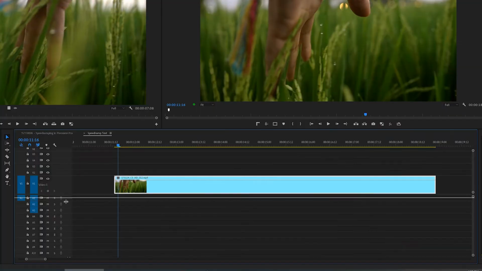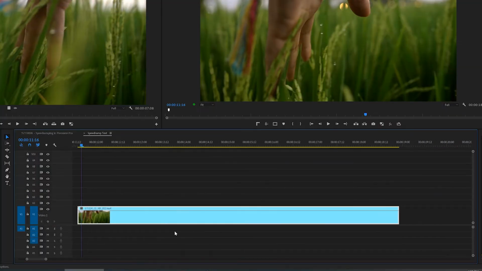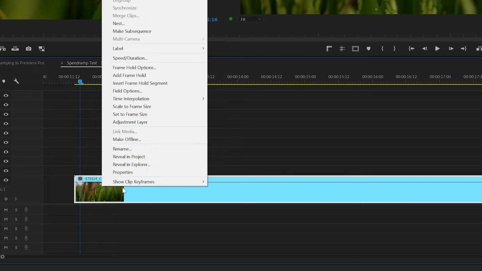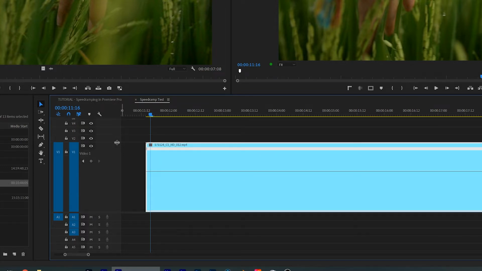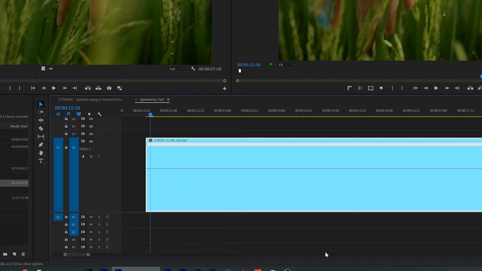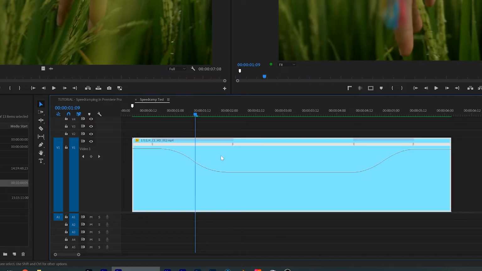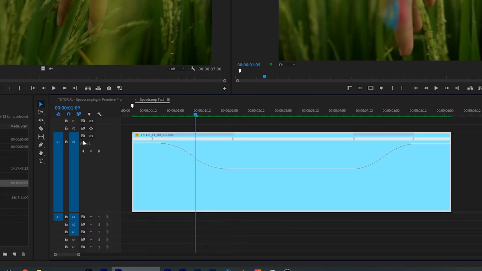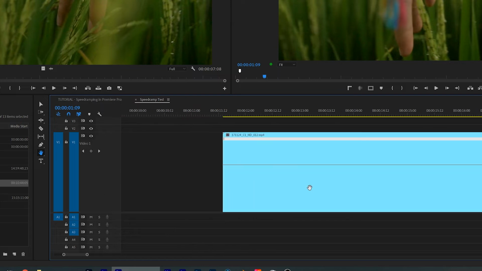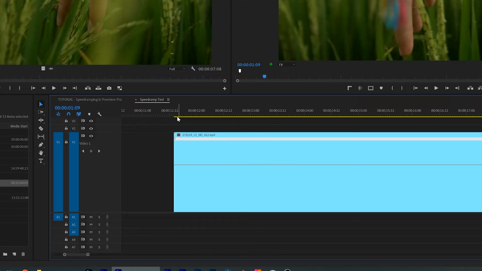And I'm just gonna go here and make a little bit of room for my video. And I'm gonna right click on it, go to Show Clip Keyframes, Time Remapping, Speed. And I'm also going to give some room here for the clip so that when we make adjustments, they're a lot more detailed. Instead of making it small like this, you can't really see what we're doing that easily. So I'm just gonna give some room, and I'm gonna go to our clip here, and let's get started with